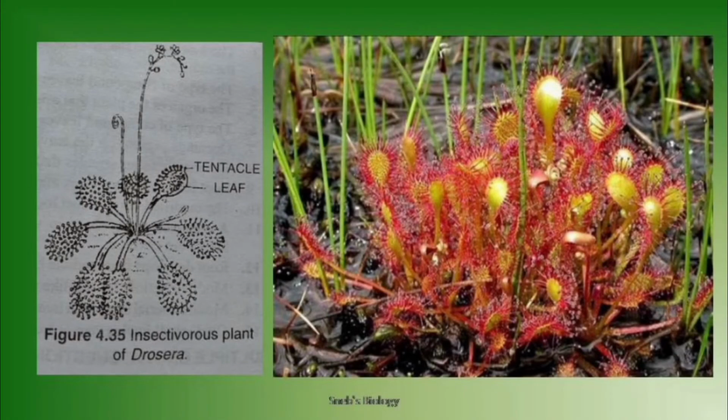Another example is Drosera. In Drosera, the lamina possesses numerous spine-like hairs spreading all around. Each hair has a shining sticky globule at its tip which contains digestive enzymes. These hairs are very sensitive to touch. The moment an insect happens to sit on the lamina, the hairs of the lamina bend and cover it completely, leaving no chance for the insect to escape. The insect is digested with the help of the enzyme present in the shining tips of the hairs. The hairs return to their original position after the insect has been digested.